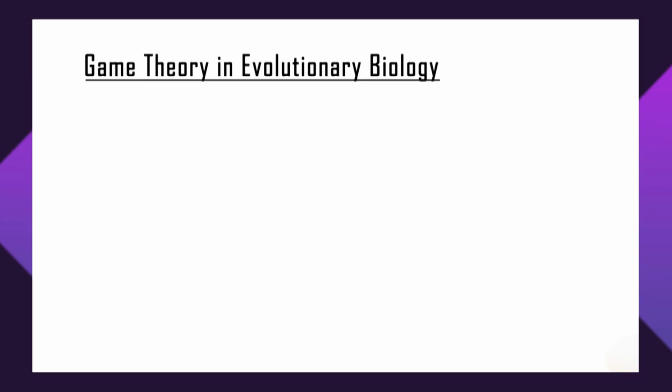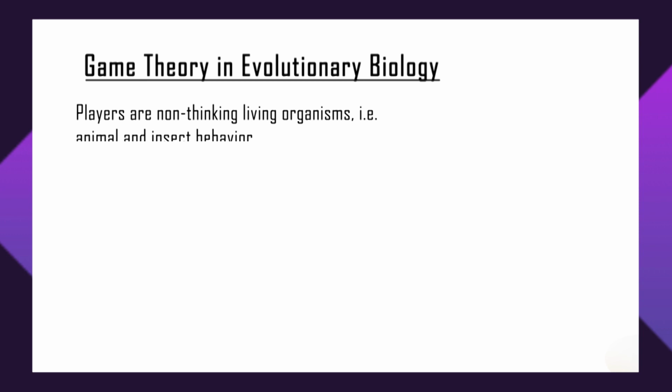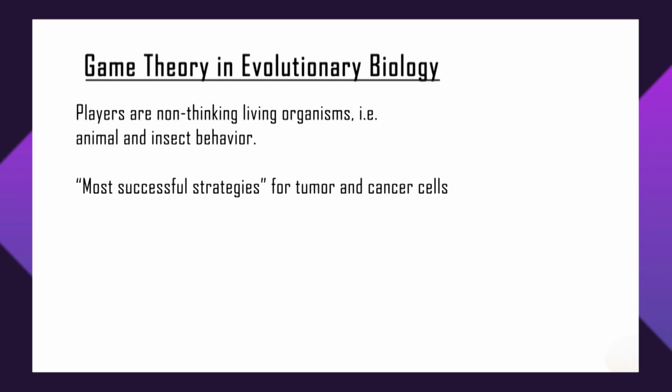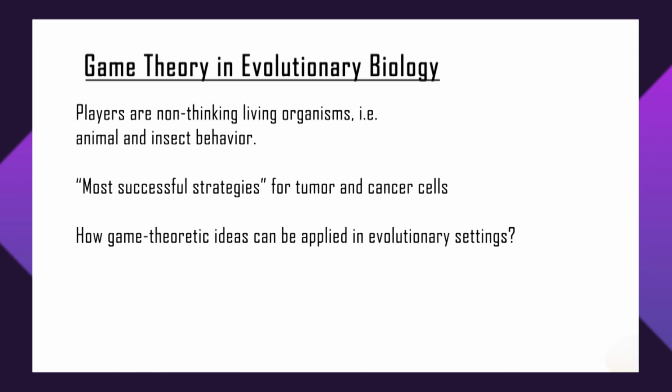Definitely they are great intellectuals, they know the rules of the game, but the same thing will be generalized for non-thinking living organisms. It means animals, insect behavior, trees, and whatever we see in nature, cells, tumor, cancer, and how these relate with game